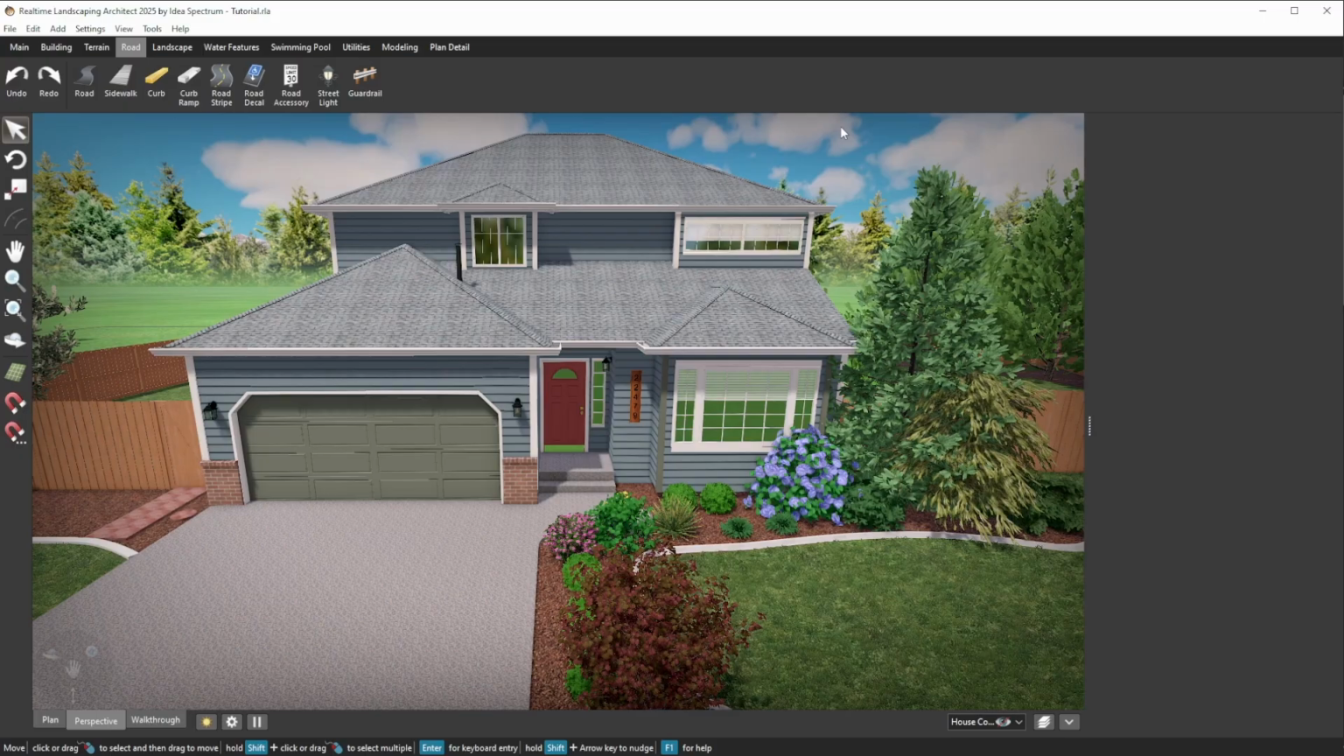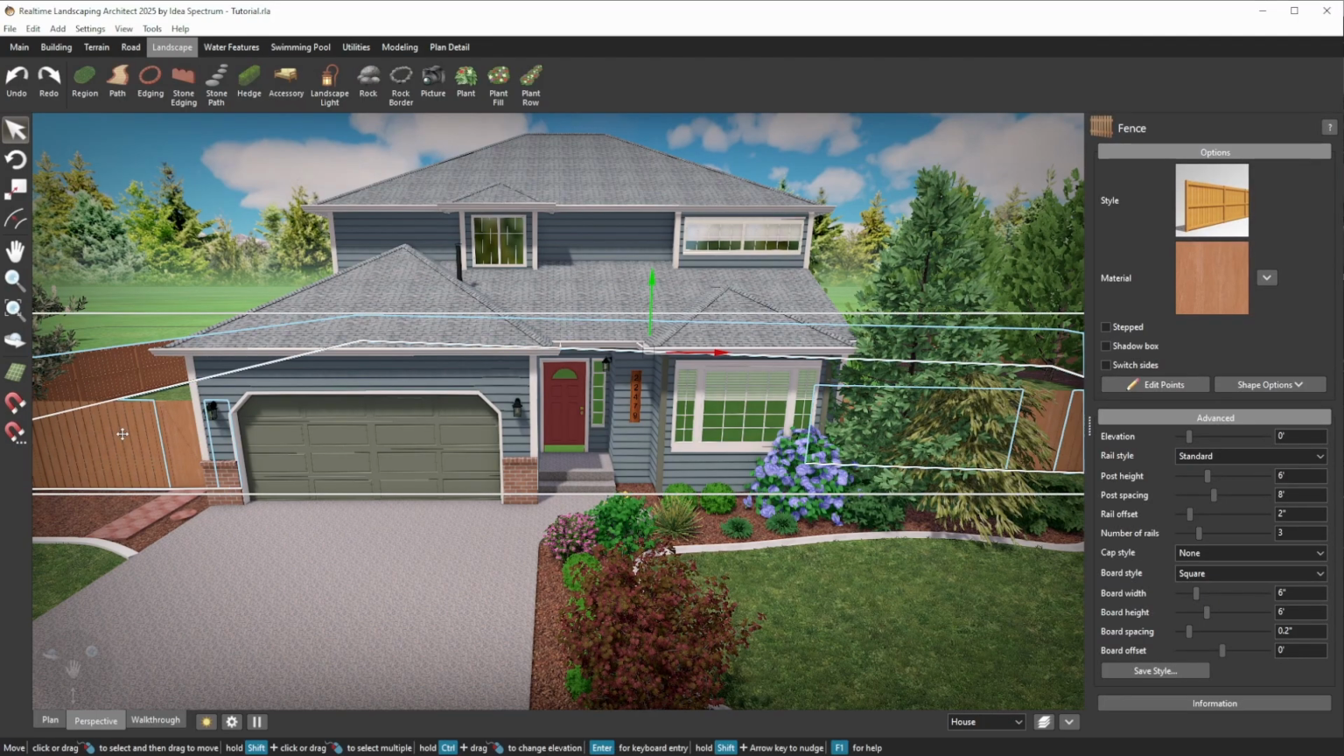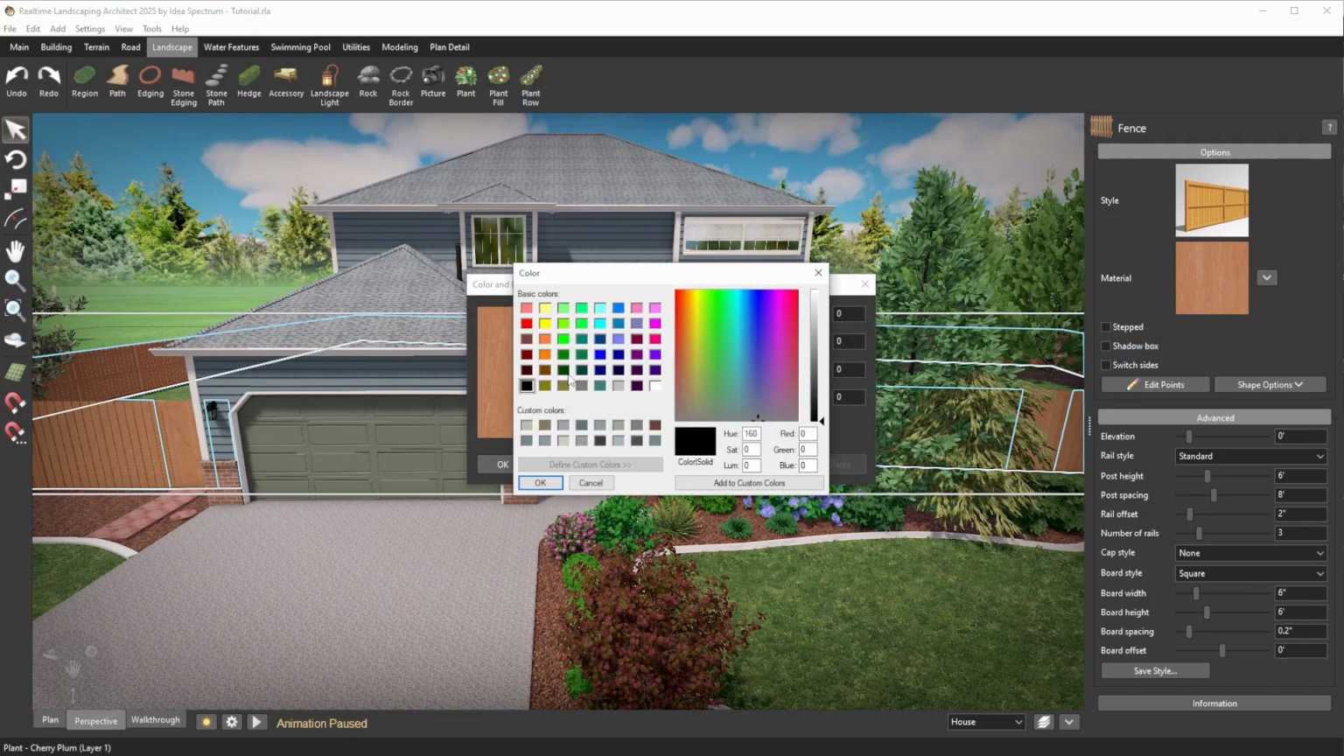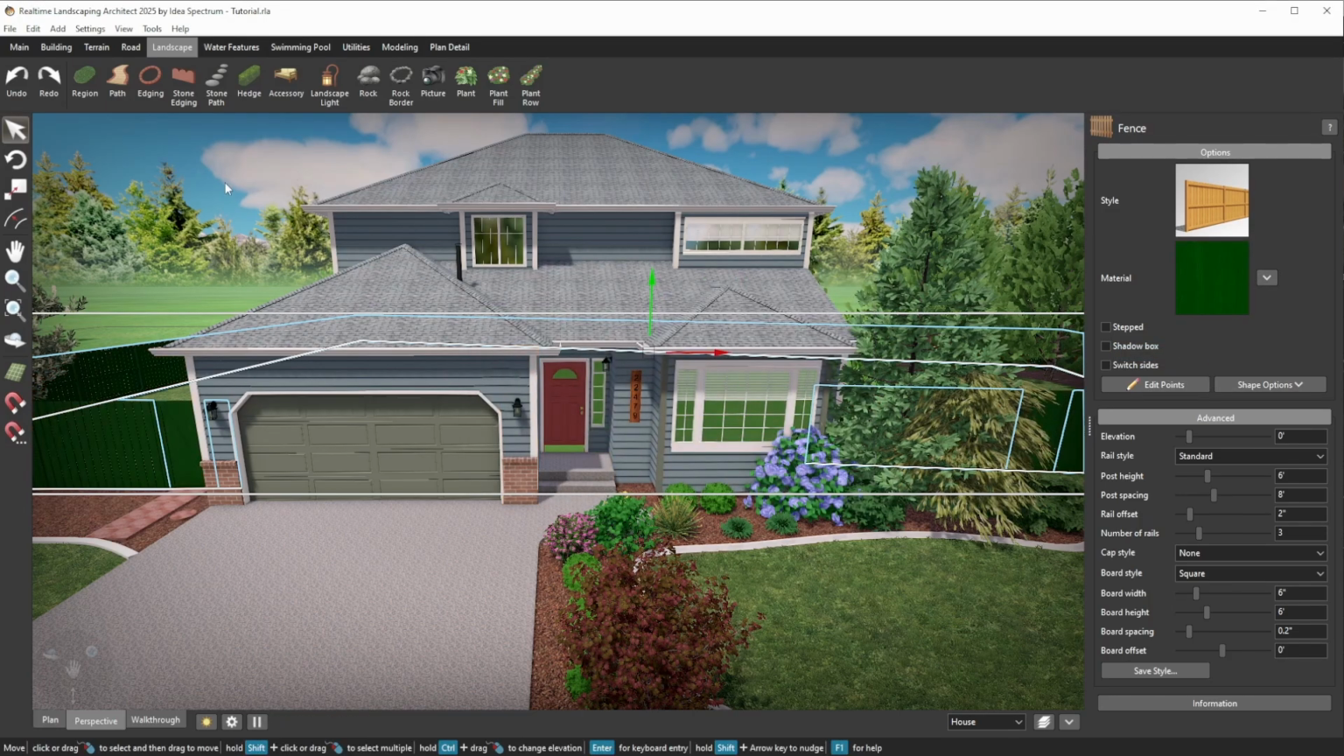If we want to apply a custom color to another object, such as this fence, we can apply the tint. However, if we see that the fence is actually not reflecting the true color that I selected, to resolve this,